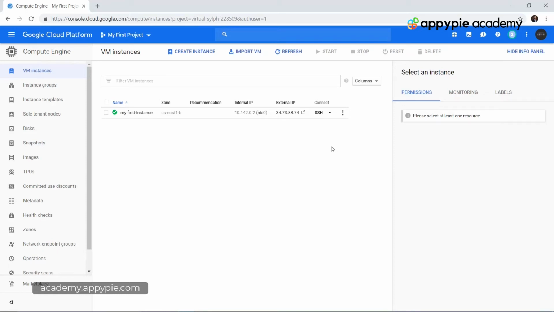Okay, so now we have to start with the coding part of the TensorFlow project, which will classify the MNIST